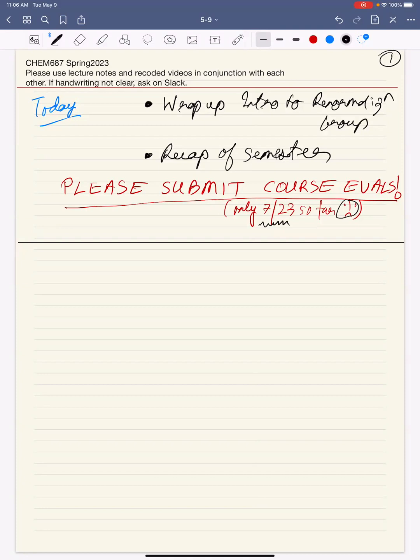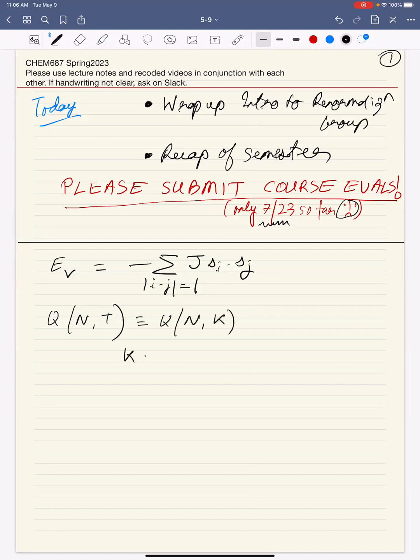Okay, so let's recap where we were with renormalization group. The idea was that if you have an Ising model where the energy of a given microstate is minus the interaction term J, S_i multiplied by S_j, with only nearest neighbor interaction, and you want to calculate the partition function for this, Z(N, T). There is no volume in an Ising model, and this is equivalent to thinking about Z(N, K), where K is defined as beta multiplied by J, or J divided by k_B T. Then this Hamiltonian,